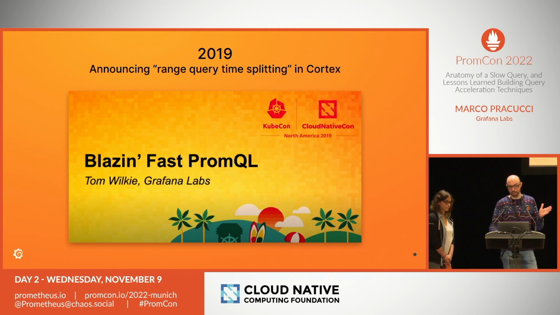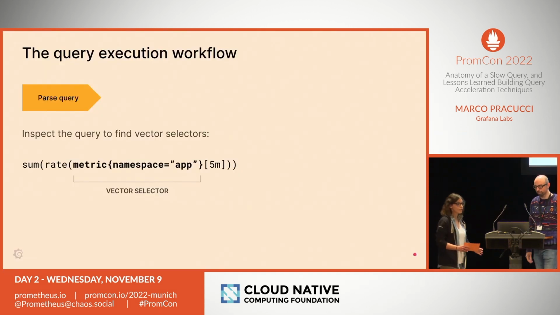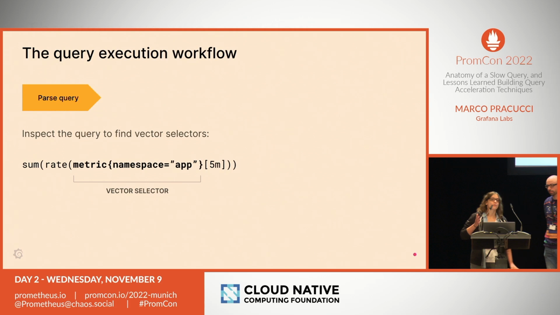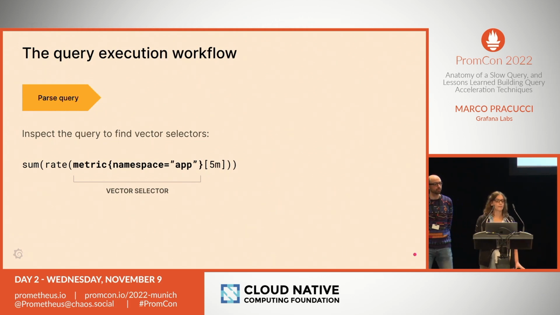Now, to understand these techniques, first of all, we have to understand why a query could be slow. This talk is intentionally oversimplified. We just want to focus on the key concepts, and we are just going to focus on one single query. What's probably the most common query? The sum rate of a metric. So when we run a query in Prometheus, Grafana Mimir, or Thanos, the first step is always to parse the